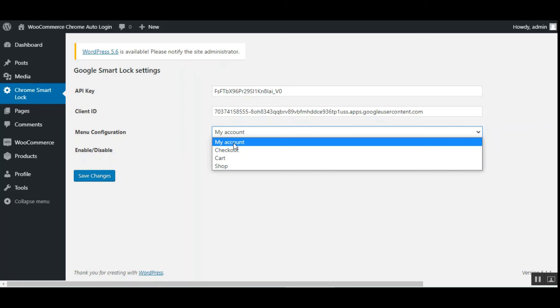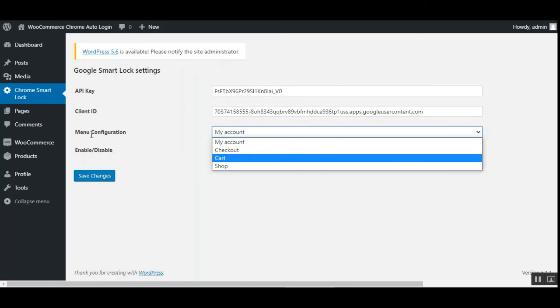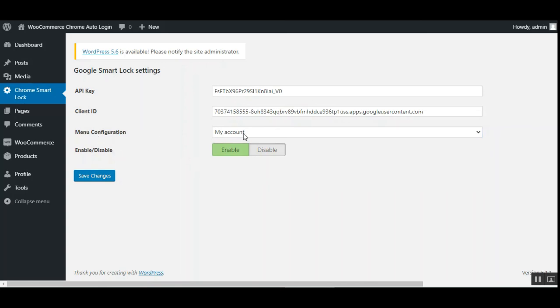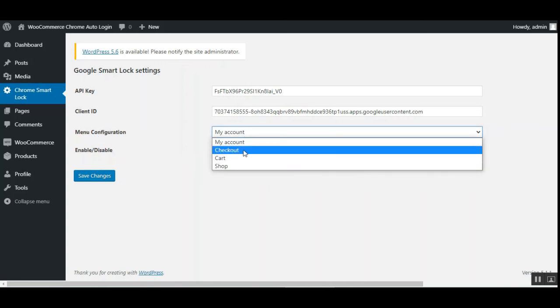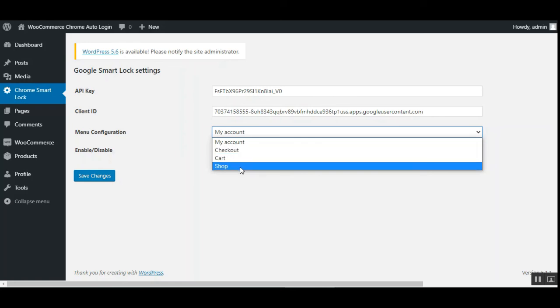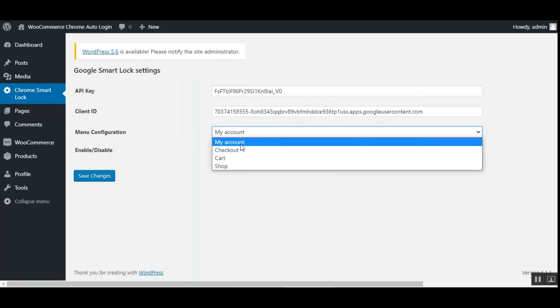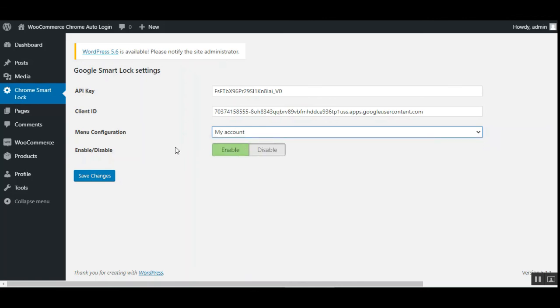So for the menu configuration, you need to choose where you want to set that up. You can set it at the my account, checkout, the cart, and the shop links. So for now we had set it as my account, so that's why after tapping on the my account we got that particular pop-up having all of the details of the accounts that were saved.